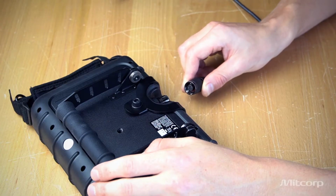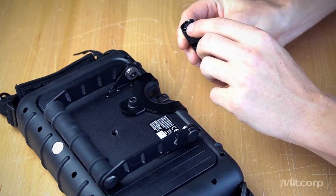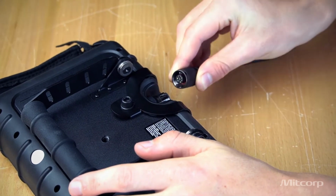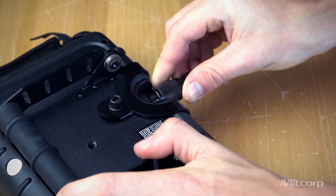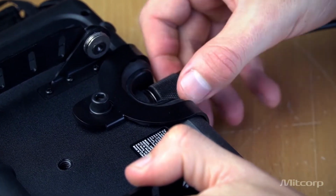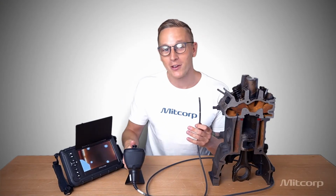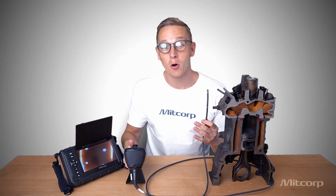Assembling the X2000 is quite easy. All we need to do is screw on the probe, make sure that the red side is facing the front of the X2000 main system, and then you can simply push it in, screw it on, like so, and you're ready to go. Alright, so now that we have assembled our X2000, let's get into more details and take a